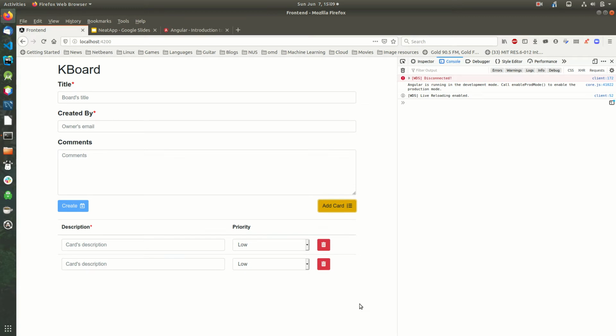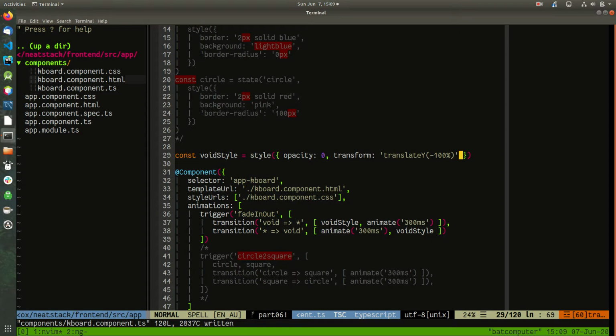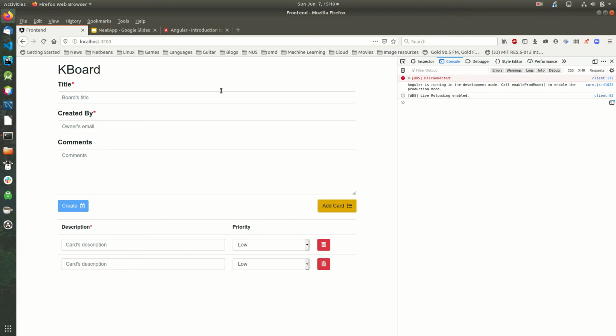Okay, so this is the end of this episode. So as you can see, adding animation to Angular is actually quite simple. In the next episode, we have finished about 70% of our component. So in the next episode of this series, what we'll do is that we'll